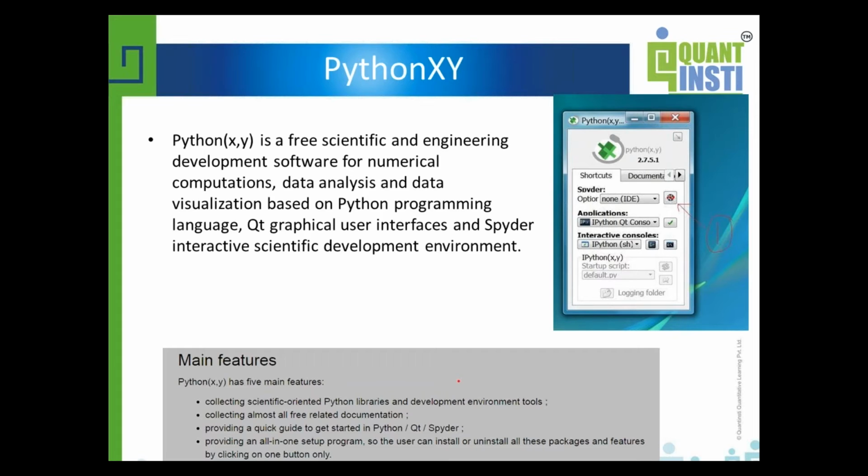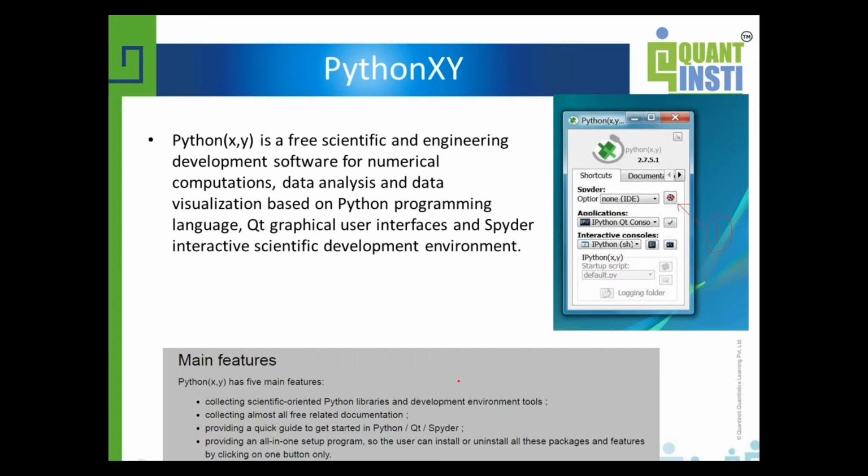Next, I will talk about the Python environment. You need to do a little bit of work to start using Python. I will talk about PythonXY. PythonXY is a free scientific and engineering development software, especially good for numerical computations, data analysis, and data visualization.